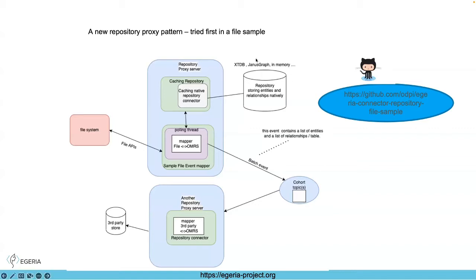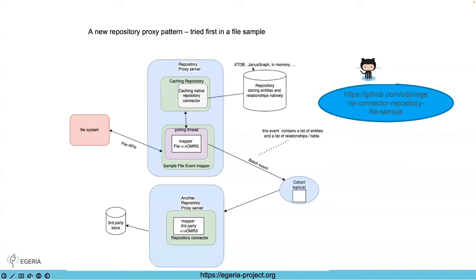So we have some implementations. XTDB is our preferred one, and that supports temporal queries, which means that Egeria can actually support that capability. We also have Janus Graph, and you could have both of those as in-memory or as persistent. The in-memory one is literally, as it says, something that Mandy wrote as part of the Egeria code base to just store entities and relationships in maps. So the preferred one that we would want to use is XTDB.